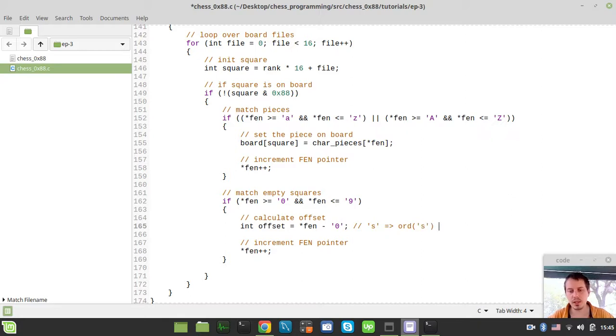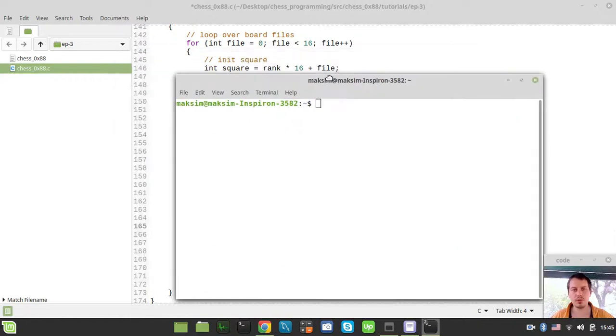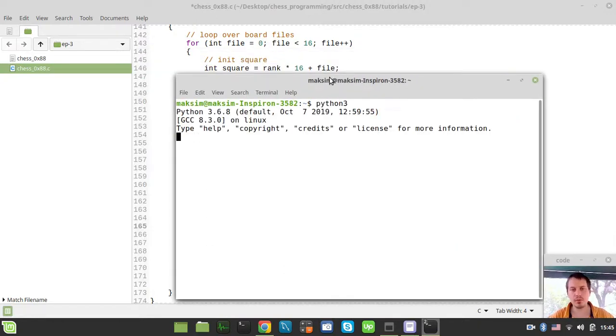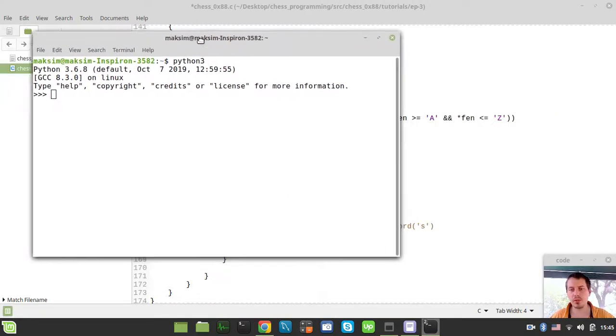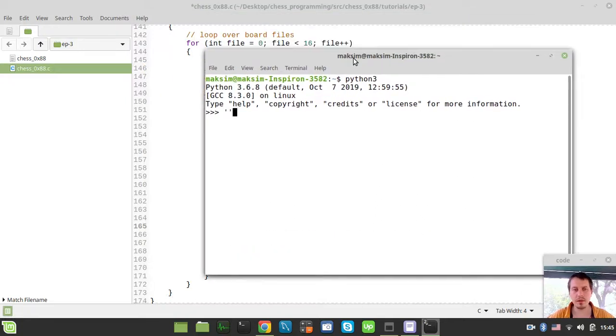So let me just open my console here to show you, Python 3. So what are we doing actually? Let's consider some letter. So if we say ord and the letter, we get the ASCII key, and if we just say minus ord and 0, it would be